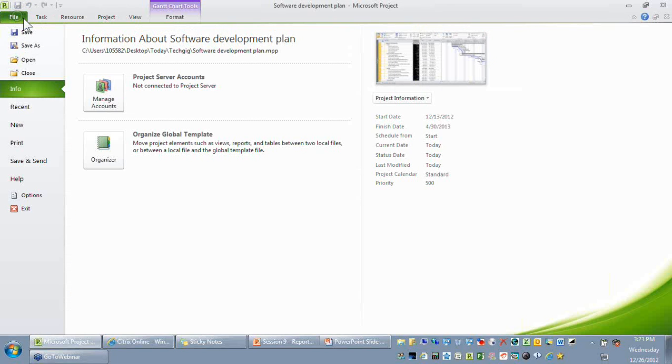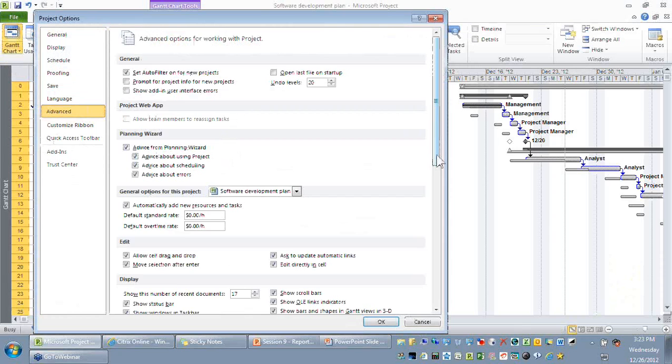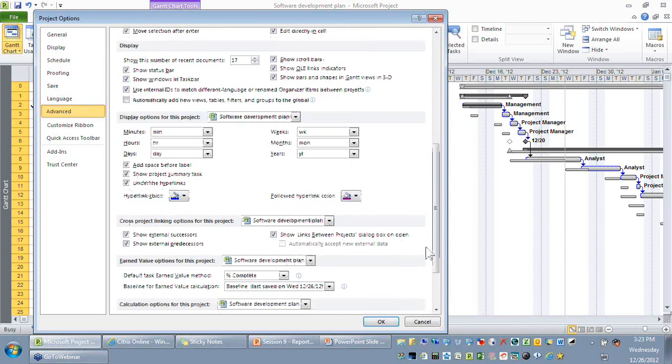So you can just go to the file, options. You can go to the advanced tab here, where you can just look at the options for displaying the units. By default, days are displayed in day.